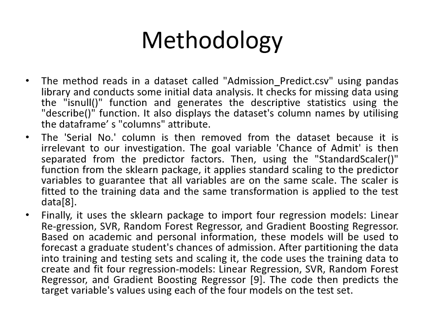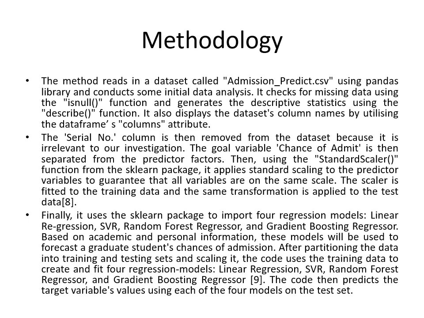The target variable, chance of admit, is then separated from the predictor features. Then, using the StandardScaler function from the sklearn package, it applies standard scaling to the predictor variables to guarantee that all variables are on the same scale. The scaler is fitted to the training data and the same transformation is applied to the test data. Finally,